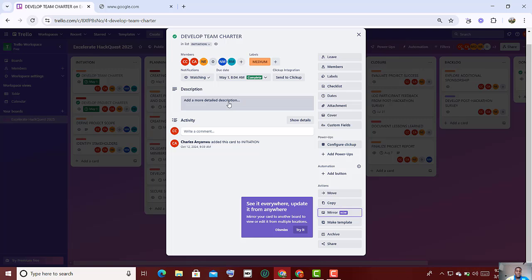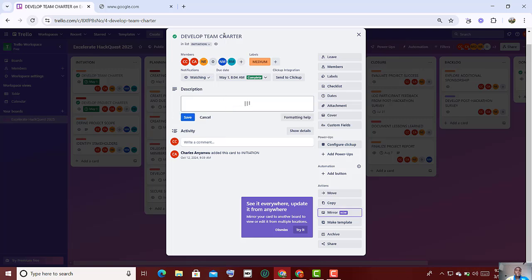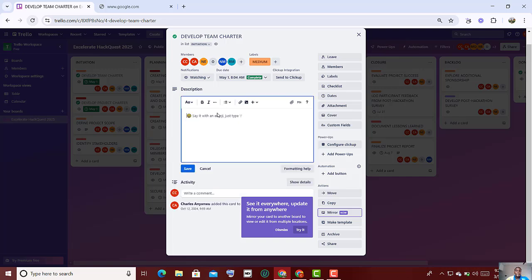Now this description, you told them to develop team charter. What is team charter? So you can be like, here you are to develop a team charter. You describe what this thing is all about, so that the people inside there are going to understand. Then you see where the members that you are bringing here,